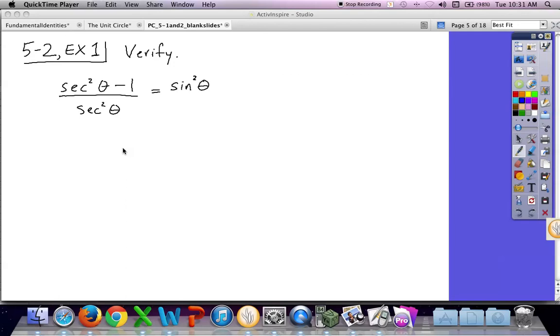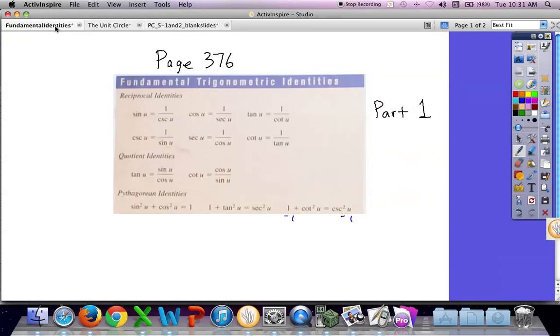This, I would say, is an example of using fundamental identities. As I'm looking at secant squared minus 1, I could go back to my Pythagorean identities. If 1 plus tan squared equals secant squared, what does secant squared minus 1 equal? Tangent squared, right? If I took a 1 away to this side, then I would have secant squared minus 1